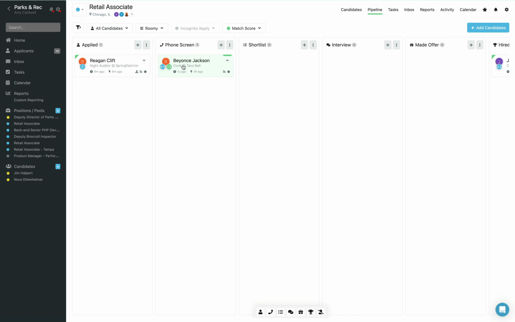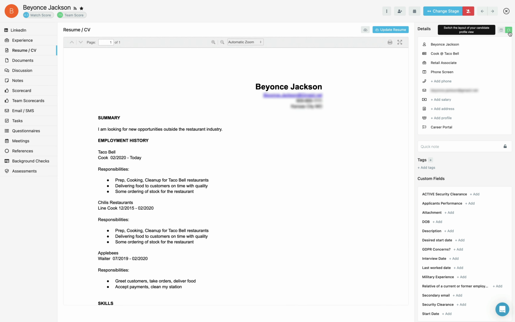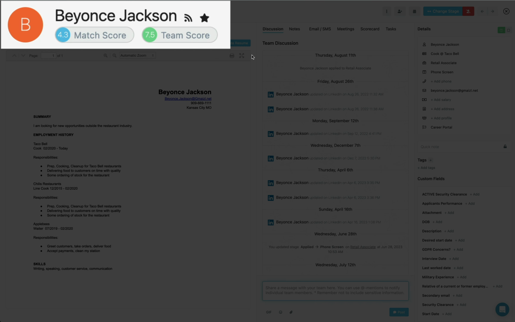The default view of the profile is divided into three main sections: candidate experience, hiring team activity, and candidate details. If you prefer a single pane view, you can switch the layout with the toggle at the top of the details section. This just moves experience and activity info to a list on the left with a viewing area in the middle. First, in the top left corner, you'll see the candidate's name and profile picture, plus their match score